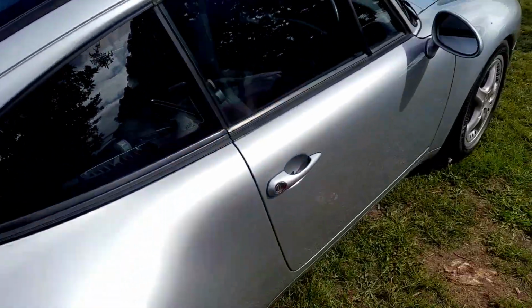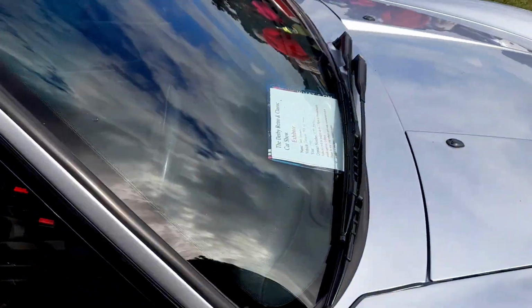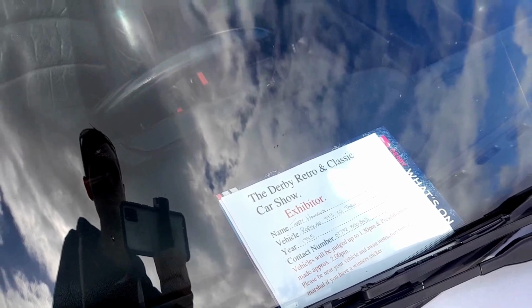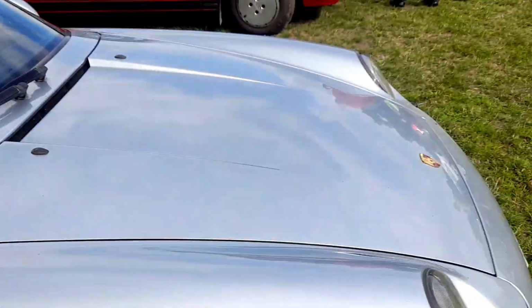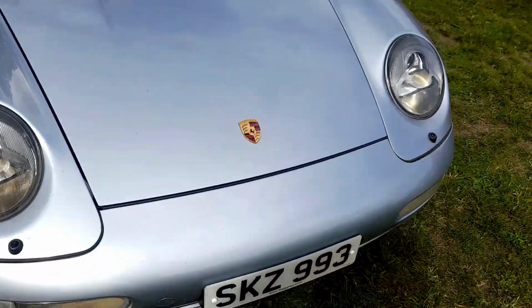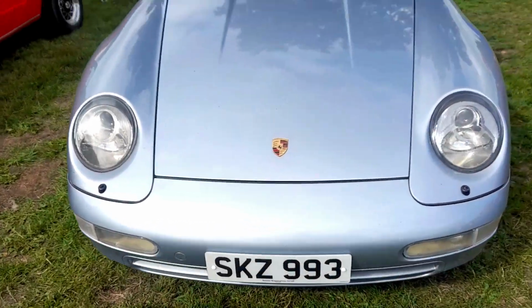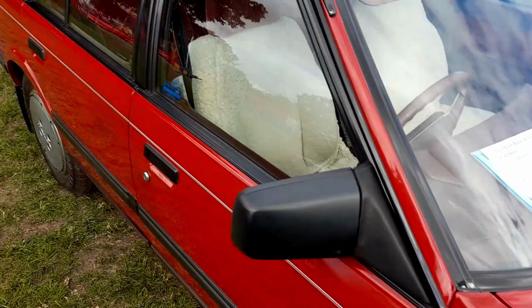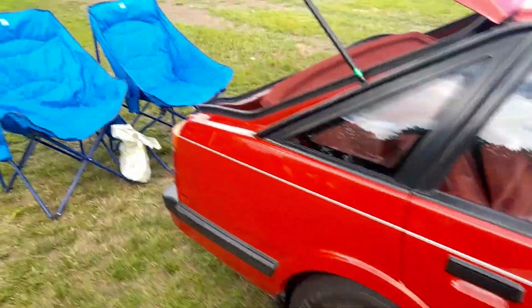Now if I get stuck on what car is which, I can always refer to these lovely information plaques that we've all had to write. A Porsche 993 C3 Targa. Ooh, very nice indeed. Now we have a Mazda 626 here in all the beige of red, and we've still